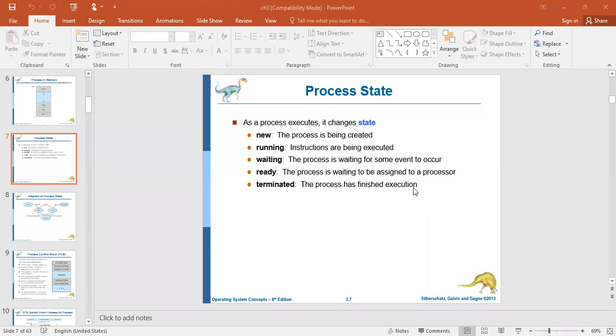That means this process needs to be placed in the queue in order to get permission from the CPU. In order to get the service of the CPU, it needs to be placed in the ready state. Once it is ready, when its turn comes, it starts its execution. That is the running state. After that, it may be in the waiting state.